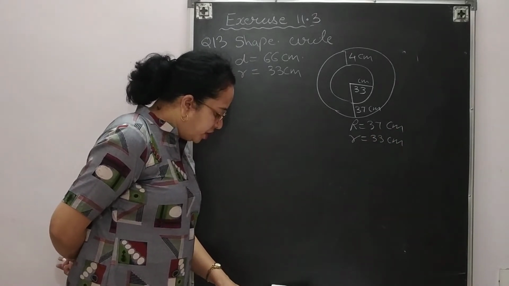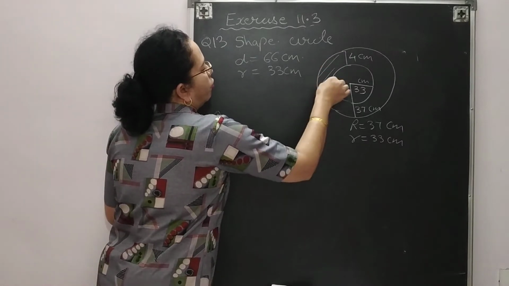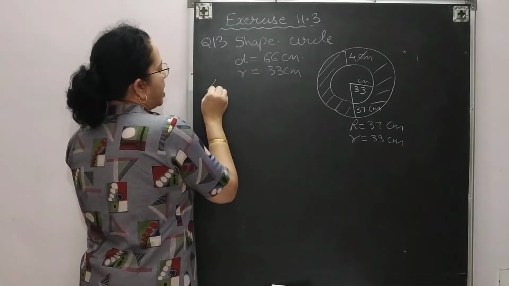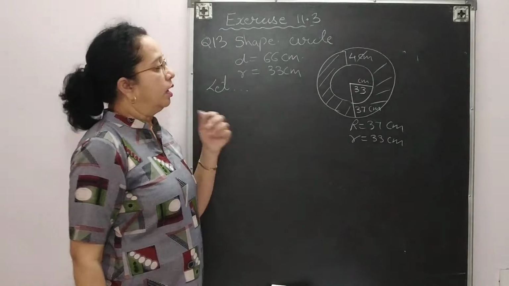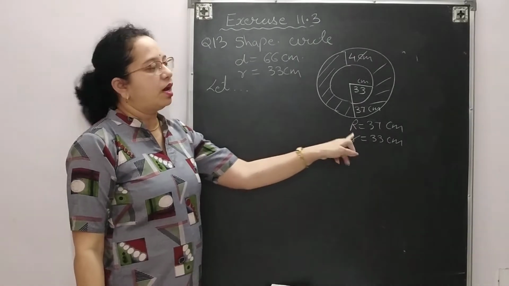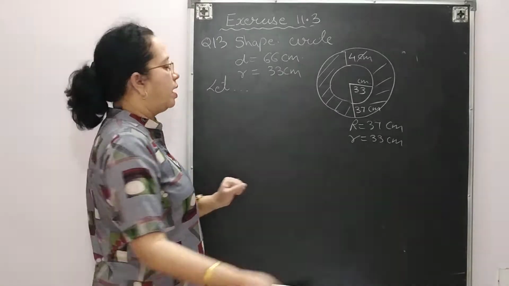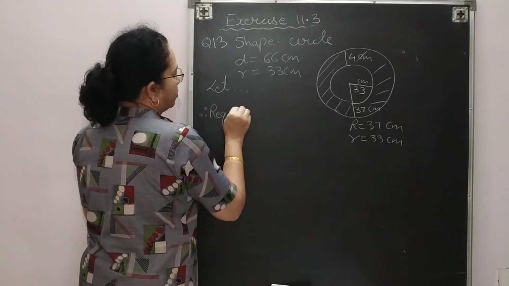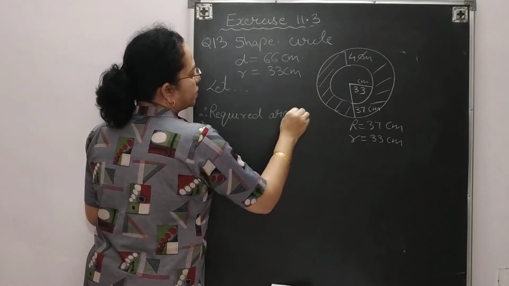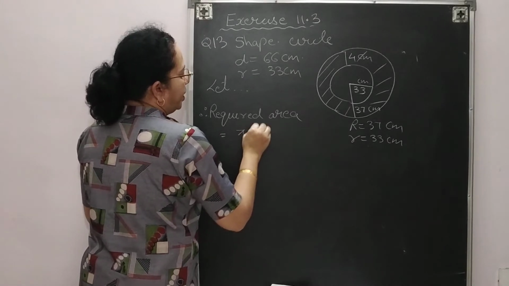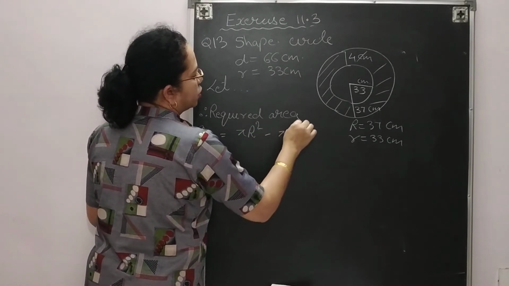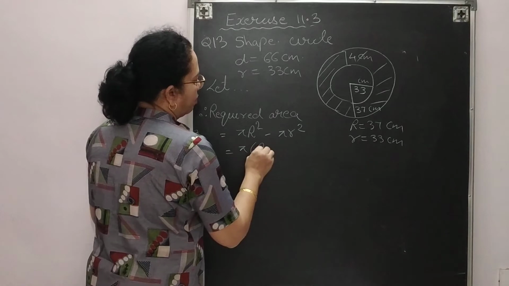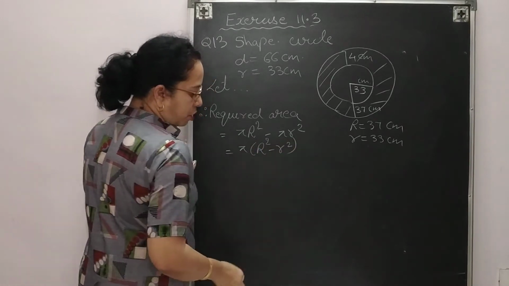And then what is the area of this path? Area of this path means you need to find out this area. So this I am not writing, this is your work to write down. Let the radius of the bigger circle be capital R and the smaller circle be small r. Therefore required area: already we have solved such a type of question. From the bigger area we will subtract the small area, that is pi r square. Again your pi is common, so you can take pi common. Capital R square minus small r square.